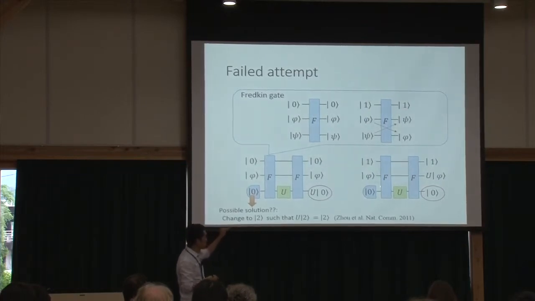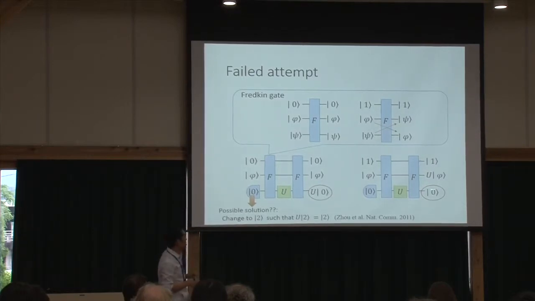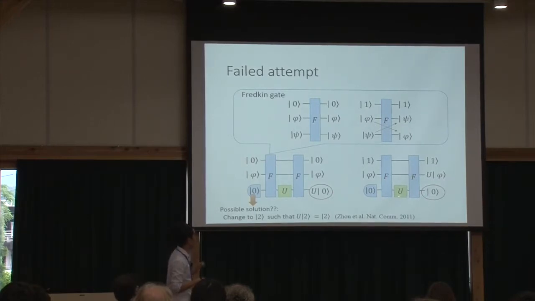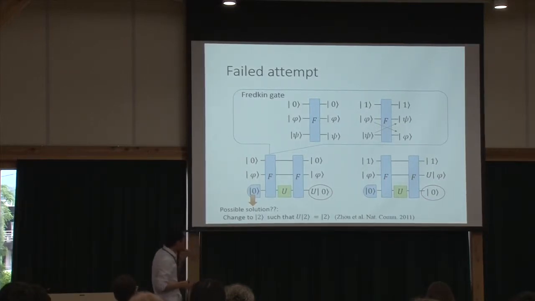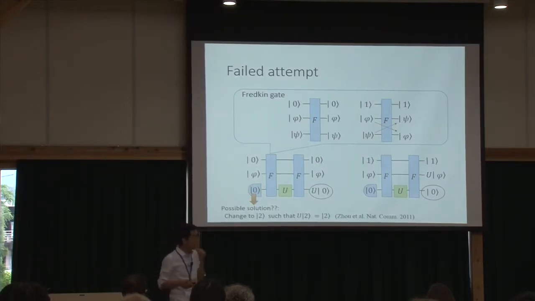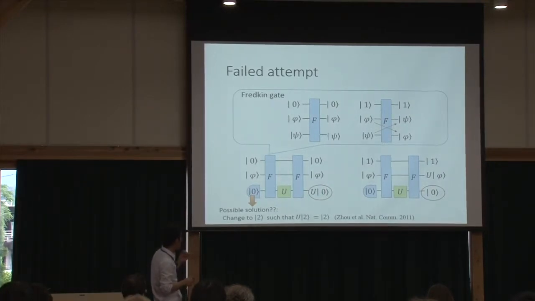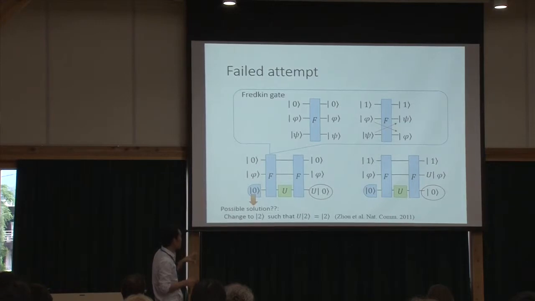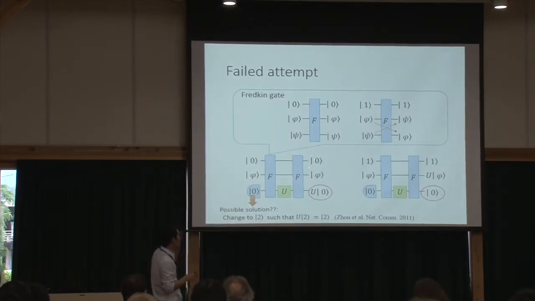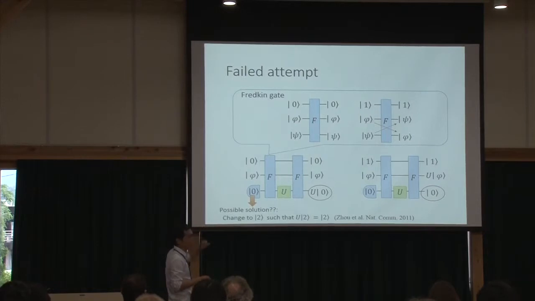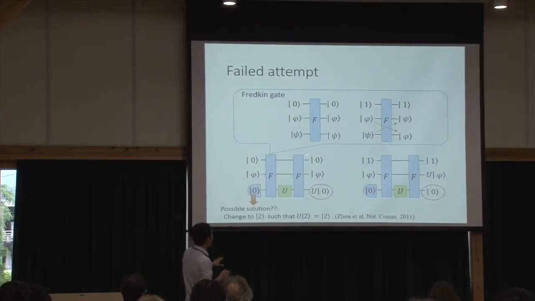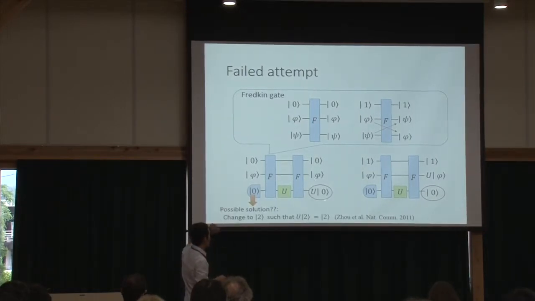Now, on the other hand, if the control qubit is in a one state, then the phi, the target system, goes to the unitary, and then comes back to the original system. In this case, the ancilla does not go through the unitary, and it stays the same. But the problem is that if you just look at the first two qubits, then it looks as if this implements the controllization function, but the ancilla is not factored out. So by measuring, for example, this ancilla state, you can detect whether the control qubit is in zero state or one state. And this shows that the first two qubits are not factored out from the ancilla,